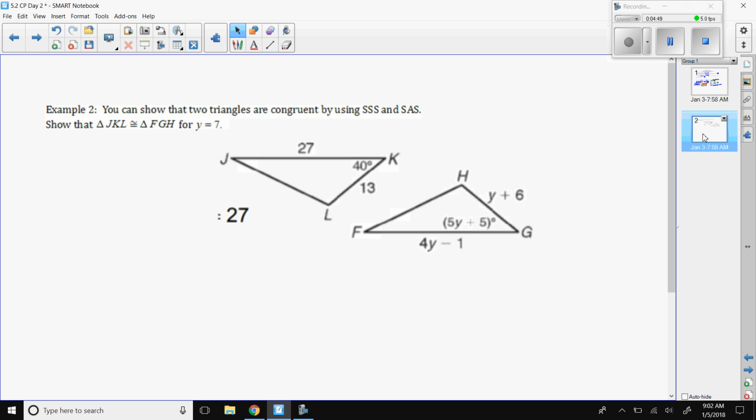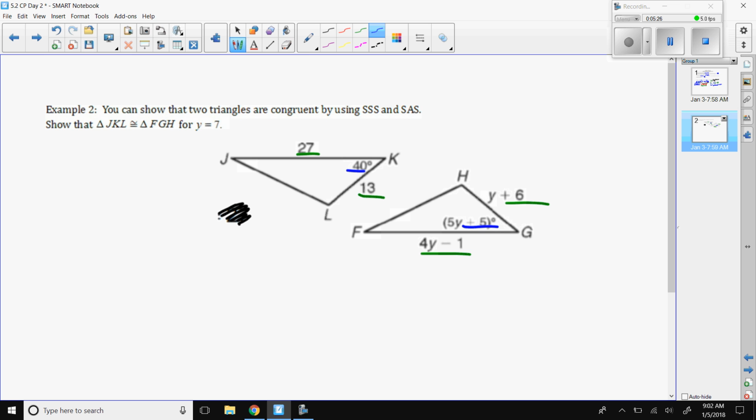You also need to see what ones are going to be, and sorry about this, we don't need this here. So triangle JKL is congruent to triangle FGH for y equals 7. Okay, I see y is here on the side lengths. And I see that I have two side lengths here, so those are going to match up, as well as I see that I have 40 degrees, and then here I have 5y plus